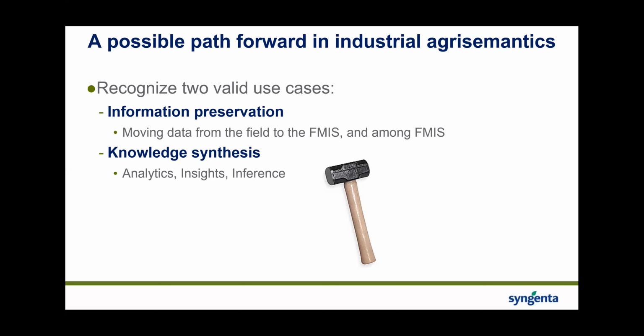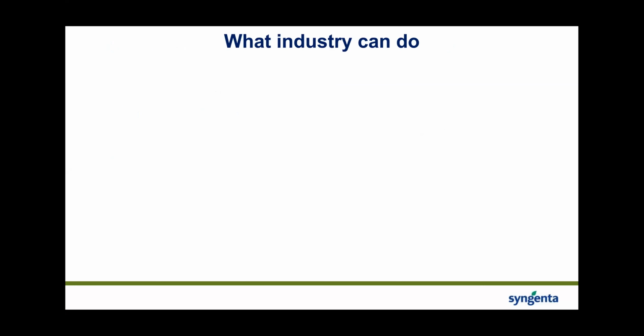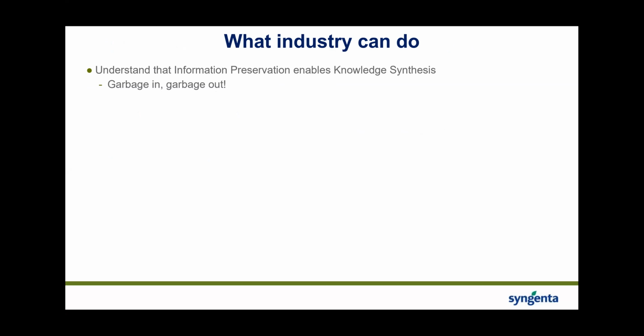So one, information preservation, the other, knowledge synthesis. So what can industry do to enable this? One is understand that information preservation enables knowledge synthesis. So that's the basic idea that garbage in, garbage out, right? Keep it simple for